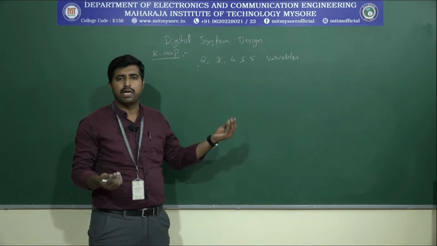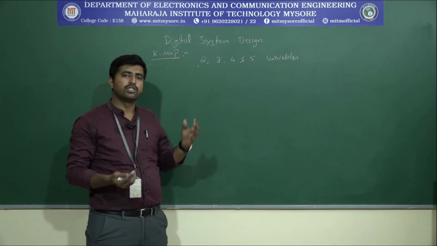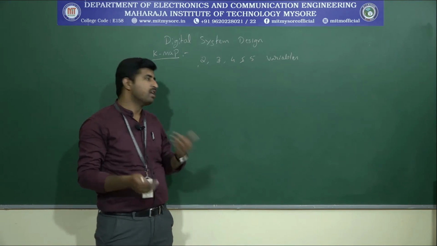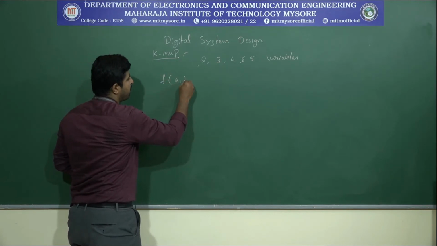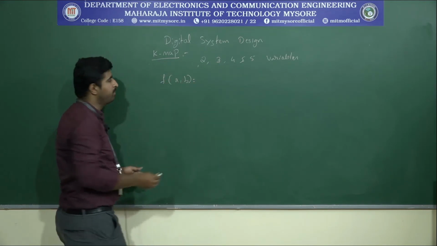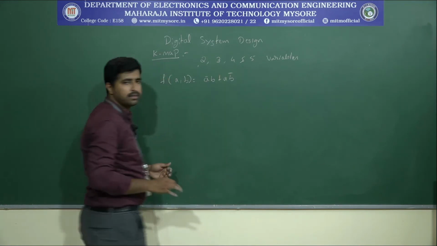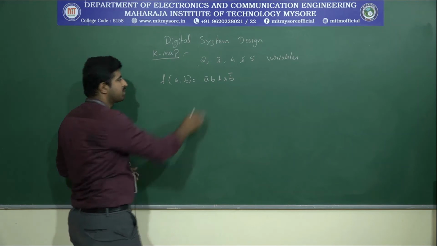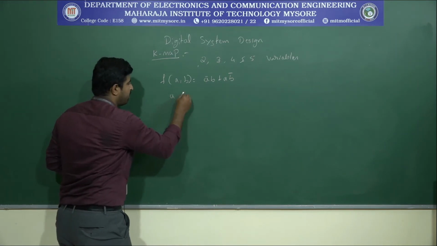Then in a truth table, we have the output Y or a function. So how will that be related? Let's take an equation, f of a comma b equals a bar b plus a b bar. This means, what is the truth table corresponding to this equation? The truth table will be,